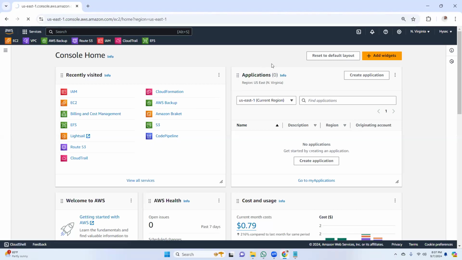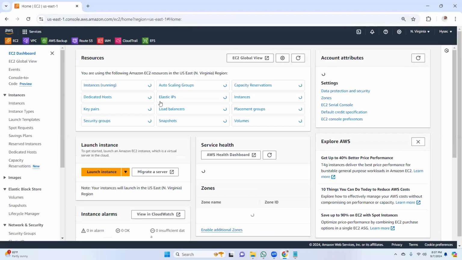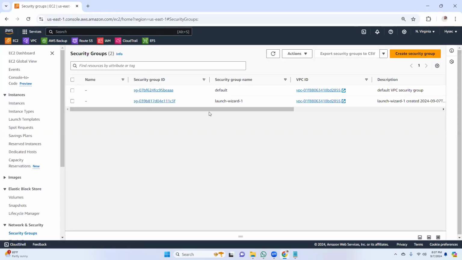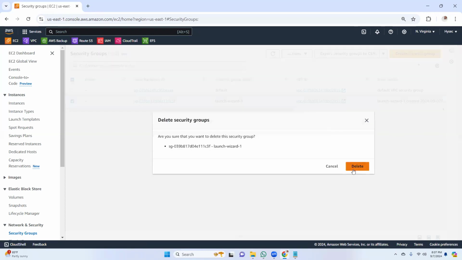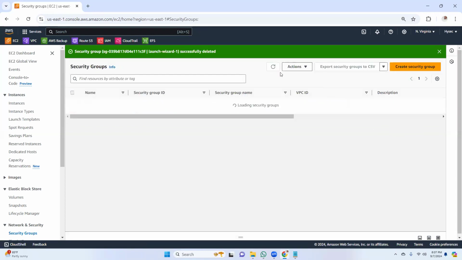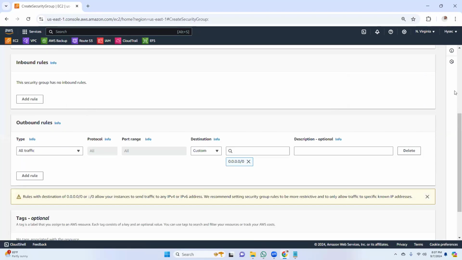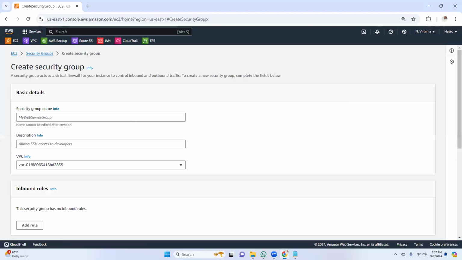Okay, so first of all, create the security groups, two security groups. Just click on security group and delete this one, there is no need. So first you need to create a security group. Put the name web server SG, web server security group, and this is the demo,